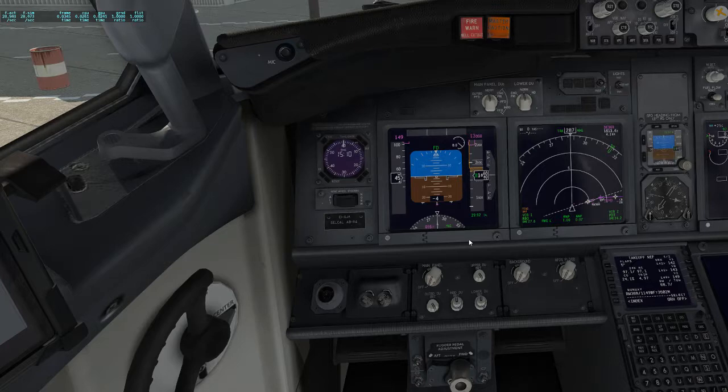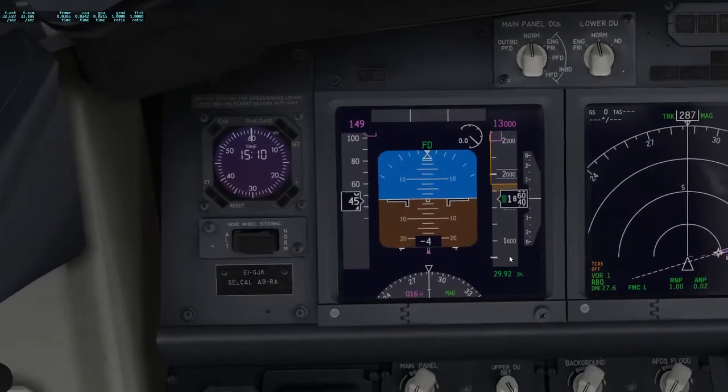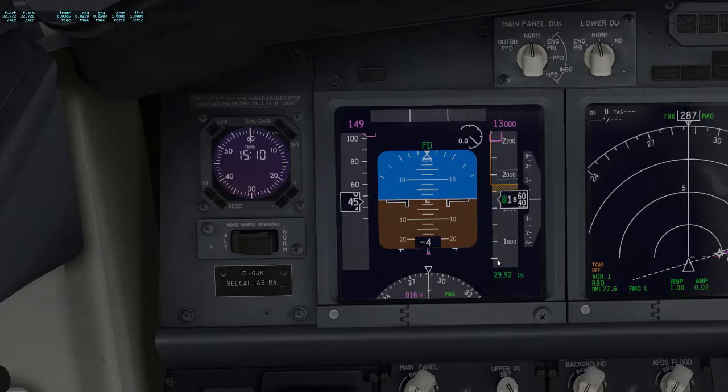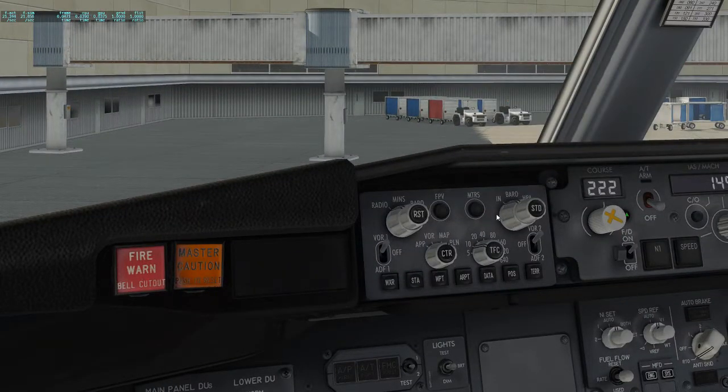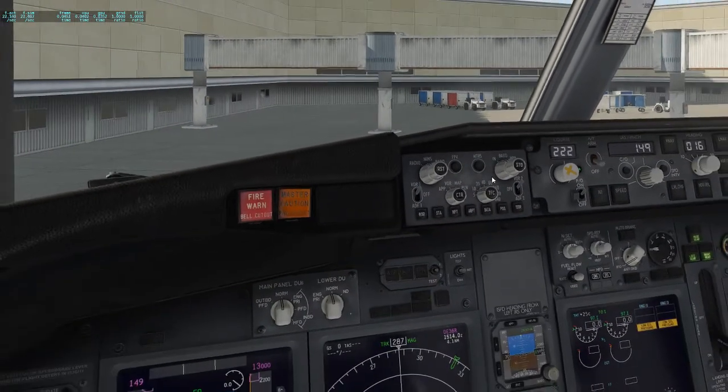Now you'll see here on the PFD we've got a figure of 29.92 inches. In the US and some parts of the Middle East, they fly on inches of mercury instead of hectopascals. It's the same thing. It's a calibration for the altimeter. 2992 is standard. If we go up here to the EFIS controls, the Electronic Flight Information System controls, this knob